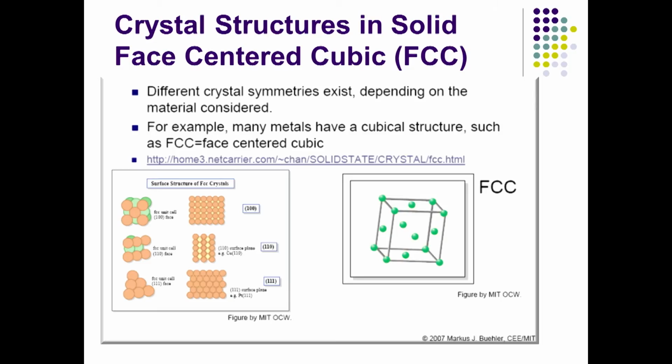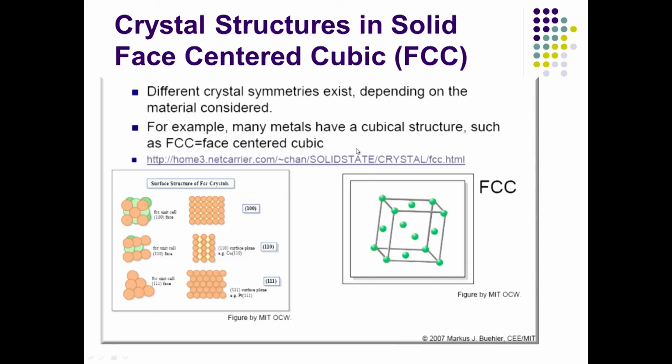Now, let me quickly tell you about some of the crystal structures, because when you do molecular dynamics, you always have to come back to the initial positions, and they depend on the lattice structure, or what we call the crystal structure. We start with the face centered cubic. If you look at your slide, this is a typical face centered cubic crystal. You can see this is a cubic shape, but on each face there is one particle. You can see all 4 particles, and that is why it is called face centered cubic.